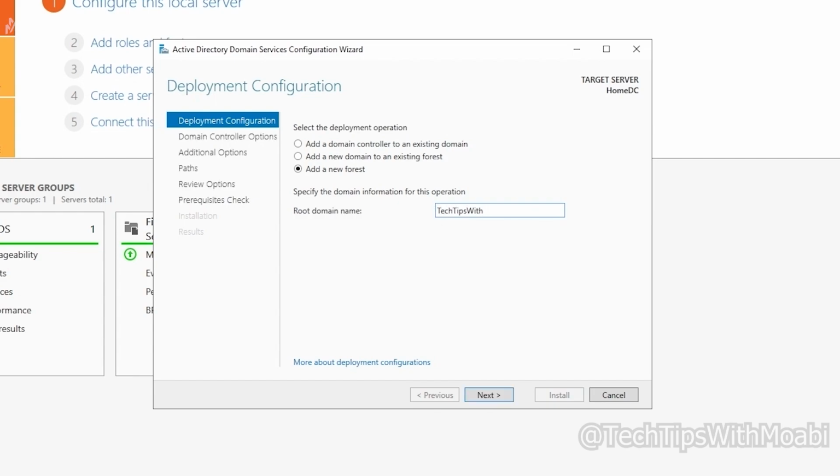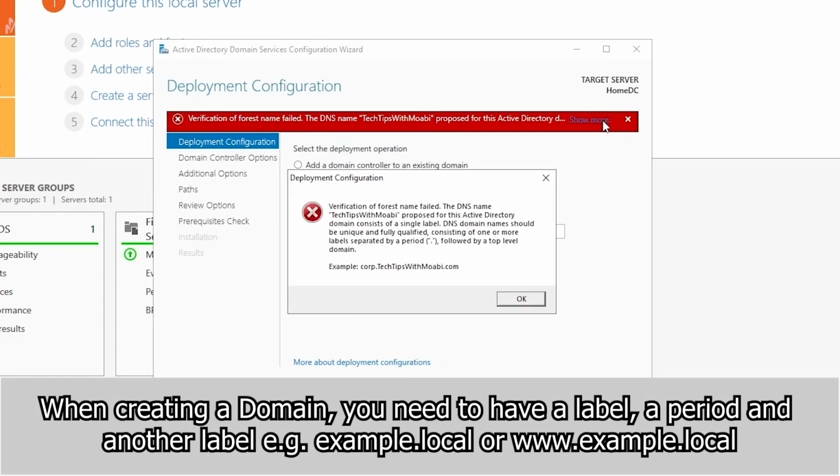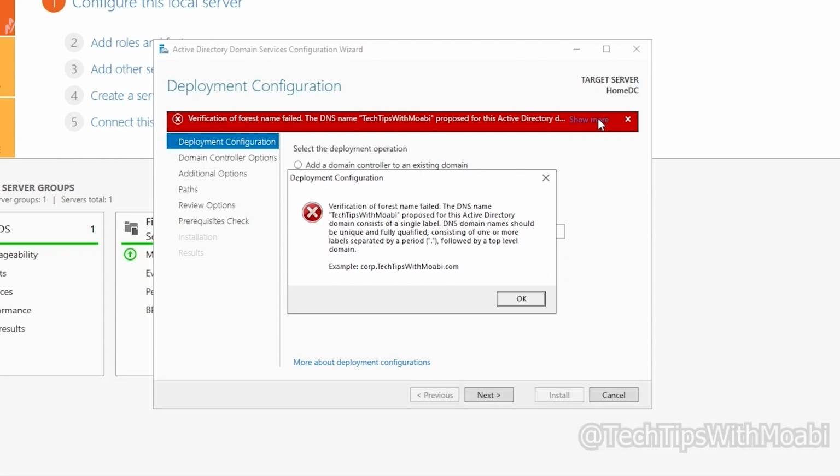Now guys, I wanted to show you something for this tutorial. Let's just say, for instance, you type in techtipswithmoabi or whatever the name of your domain will be. If you press Next, you will see this error that says verification of forest name failed. The DNS name of techtipswithmoabi proposed for this Active Directory domain consists of a single label. DNS domain names should be unique and fully qualified, consisting of one or more labels separated by a period, followed by a top-level domain. For example, as you can see below, it shows me